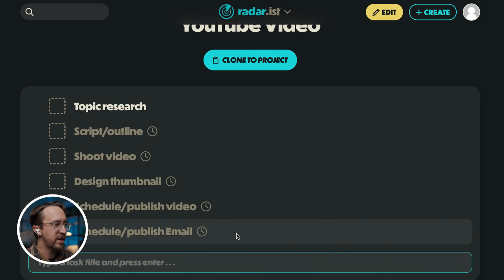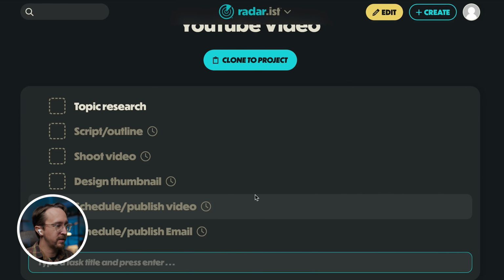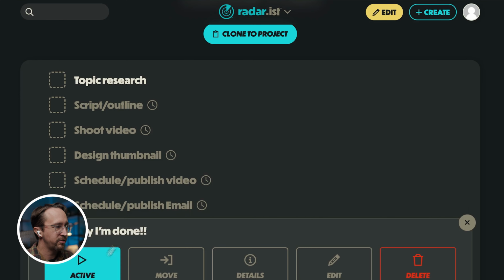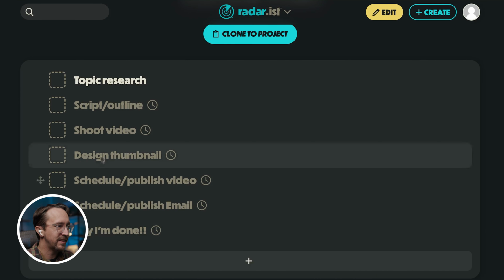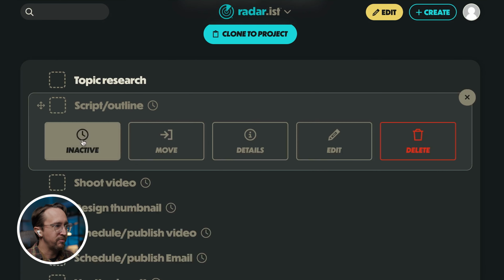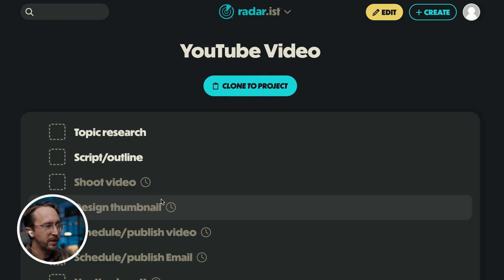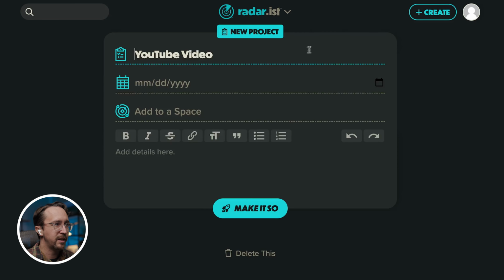And so what you can do is add in as many tasks as you want. Say like, yay, I'm done. This is one that we want to set to inactive because we're only going to activate these as we finish the one above it. So maybe we want to have both of these set to active. That works totally fine. There we go. And then once we have our template looking the way that we want it to, we can just click clone to project, click that edit button,